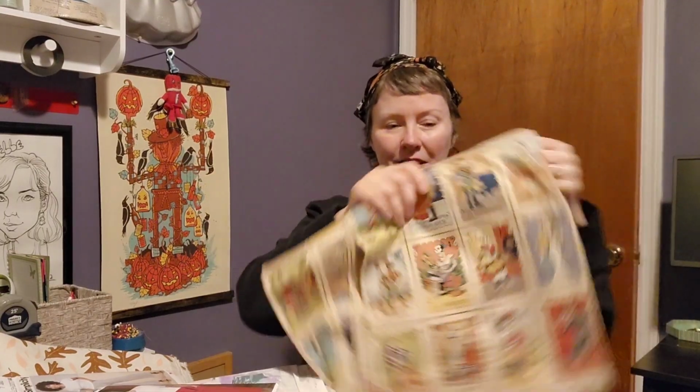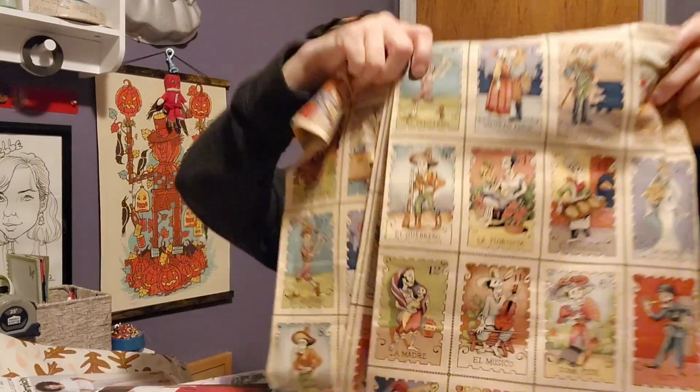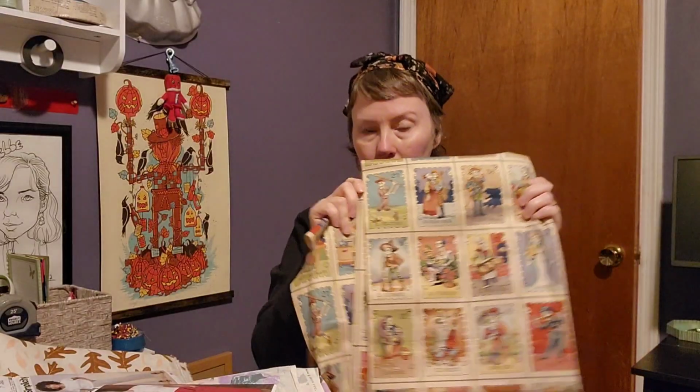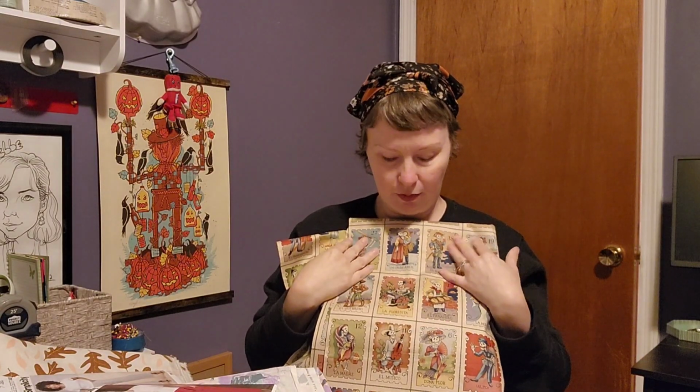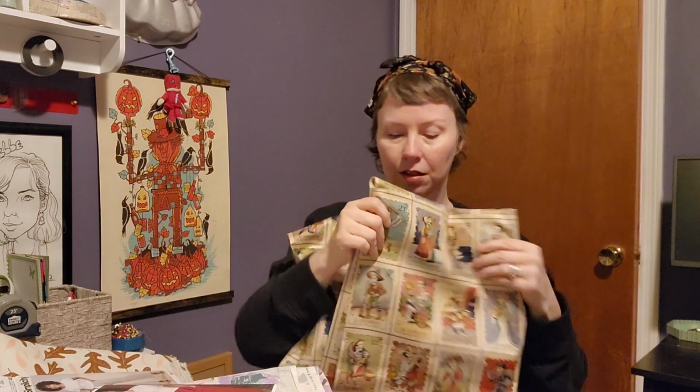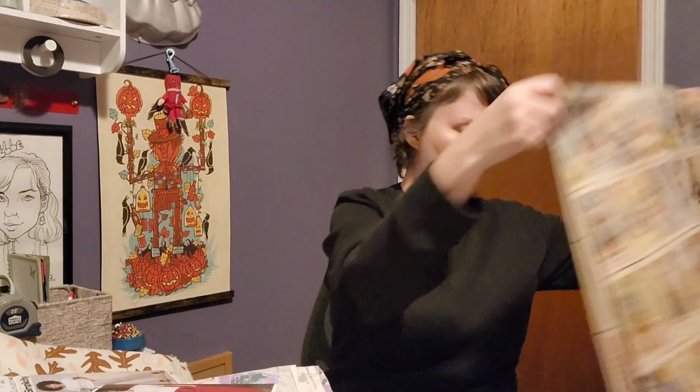But this is it. This is the fabric. So isn't it cute? Is it upside down? No, it's not. So cute. And for many, many years, it was going to be a fabulous dress that has never come to be, and I'm really glad it hasn't, because now it fits in perfectly with this wardrobe and the cruise, and it's going to be